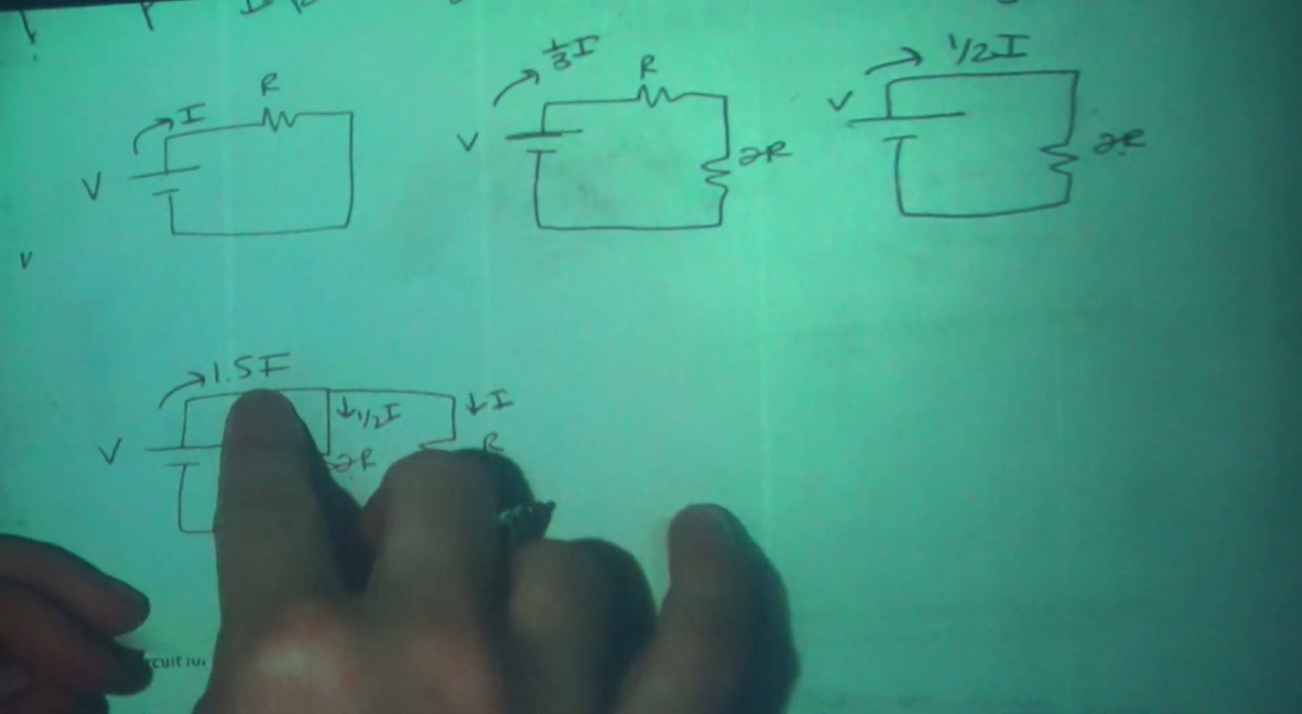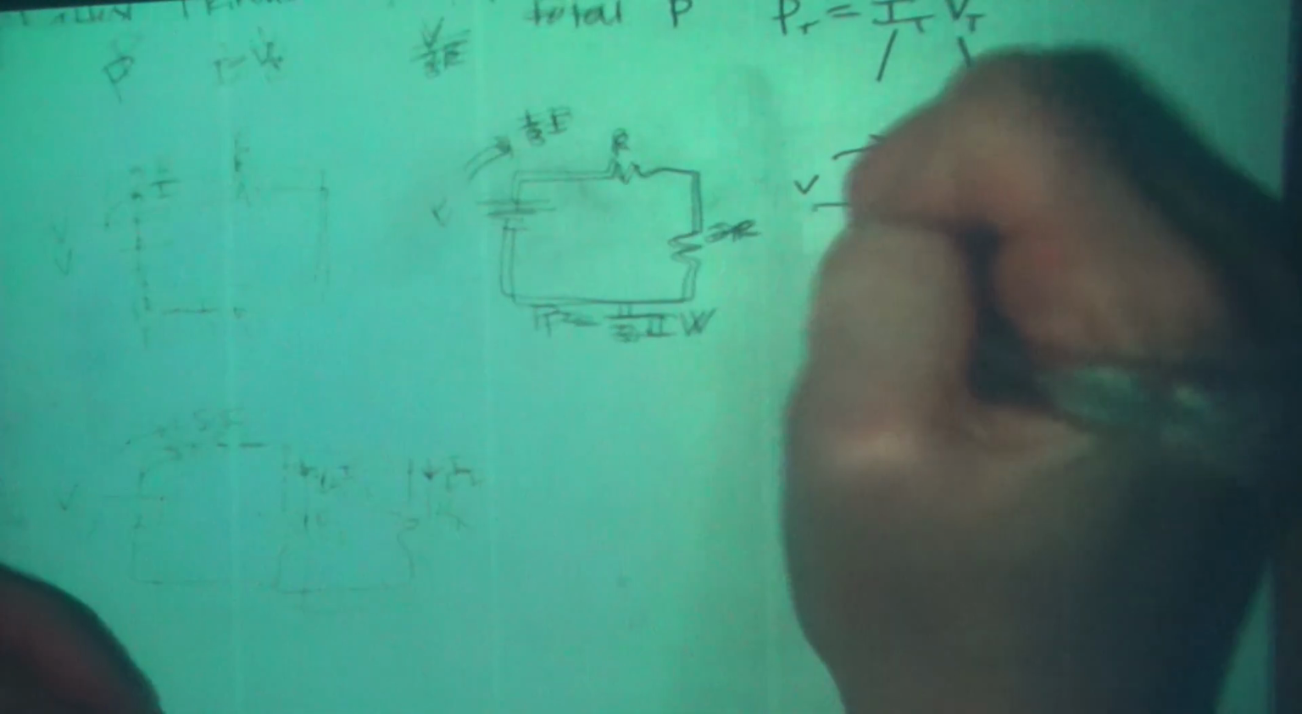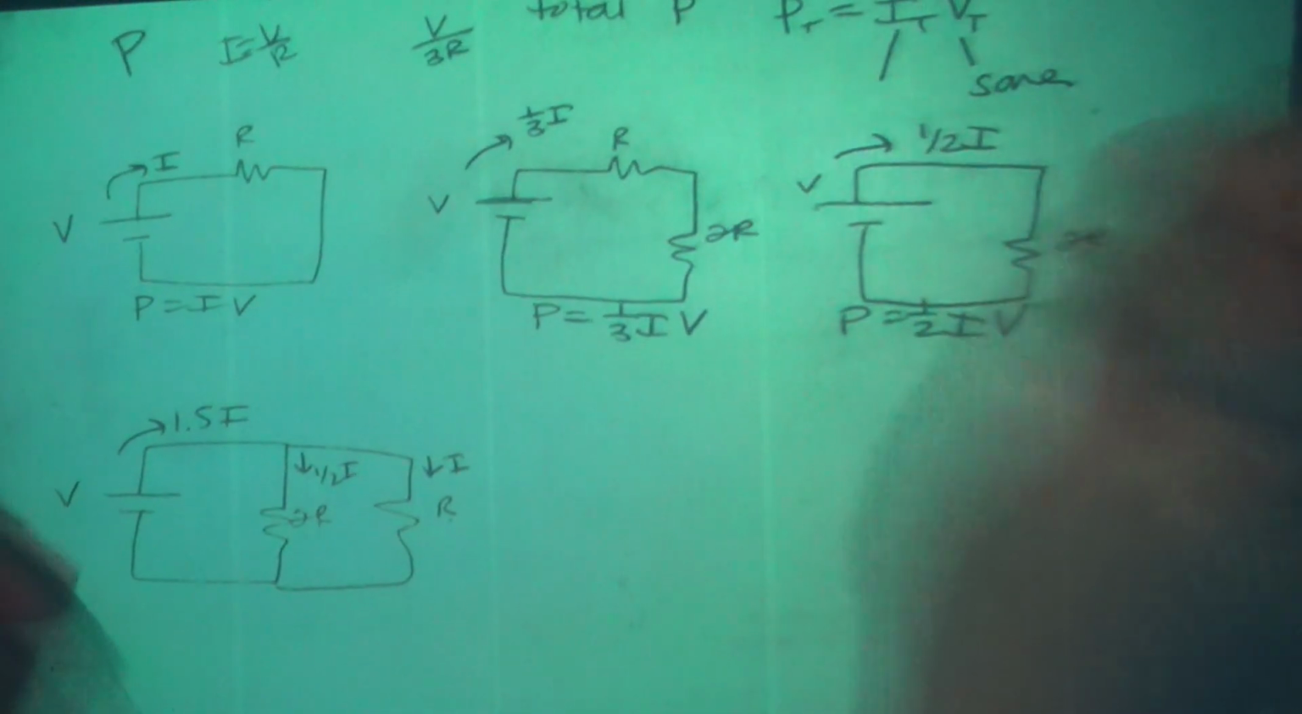Right, now I know my voltage for all of the batteries, it's V, and I know my current for all the batteries: I, 1/3 I, 1/2 I, and 1.5 I. So P equals IV here, P equals 1/3 I with the same V, P equals half I with the same V, and P equals 1.5 I with the same V. So if I'm calling this